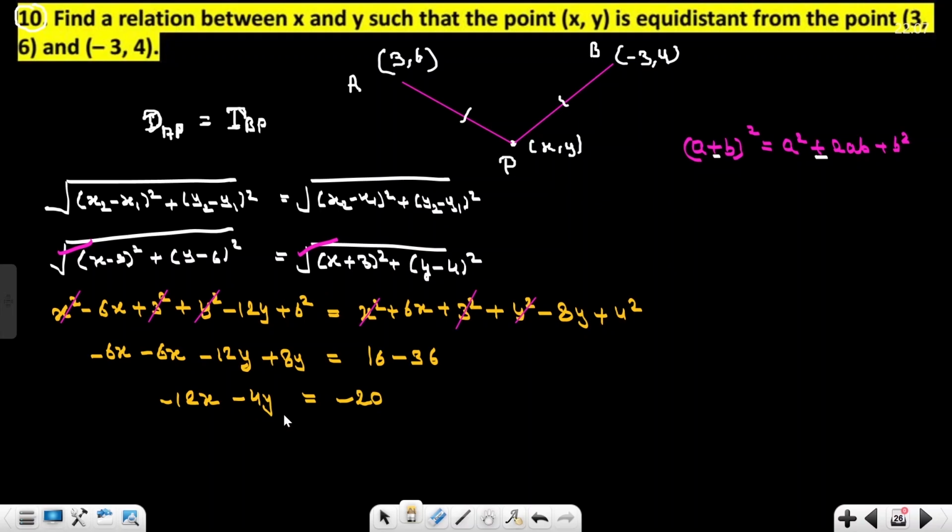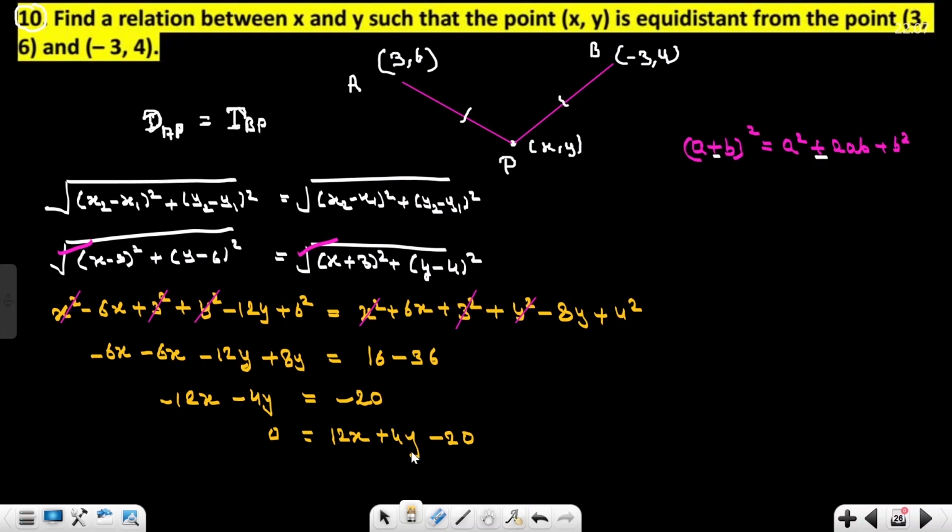Now here the x and y terms are negative, so make them positive, so change the side. 0 is equal to 12x, change the side, plus 12x minus 4y plus 4y, and minus 20 is already on the left hand side, right hand side. So it is our equation, our target to find the relation. This linear equation in two variables is the relationship between x and y.